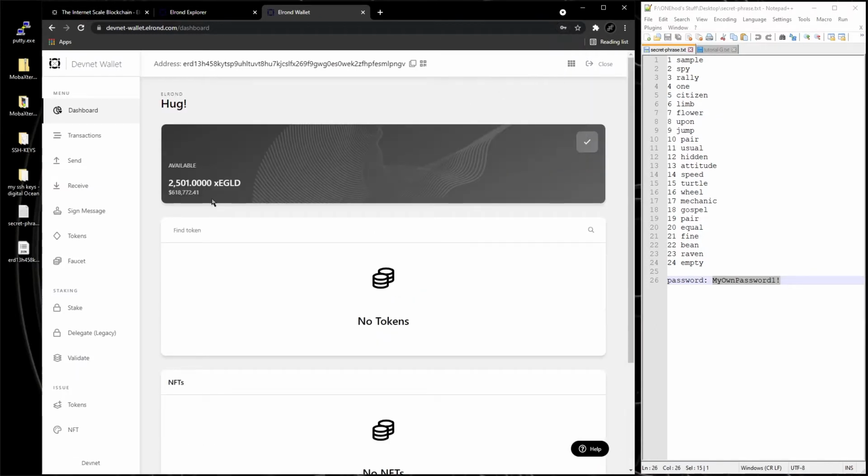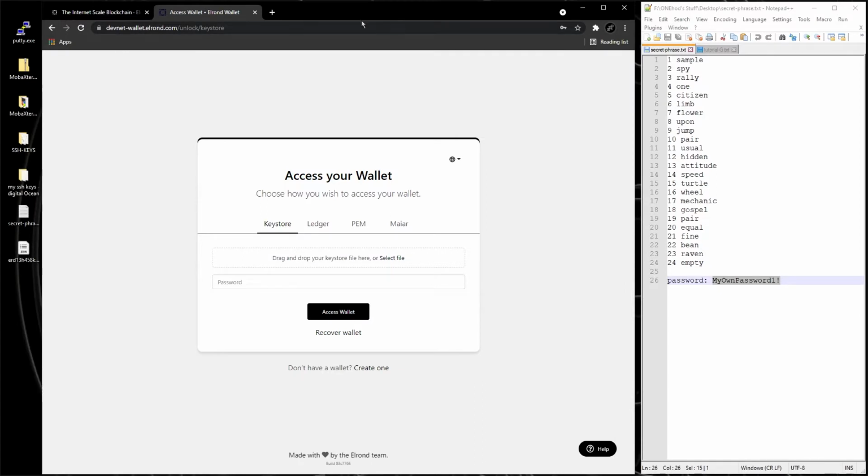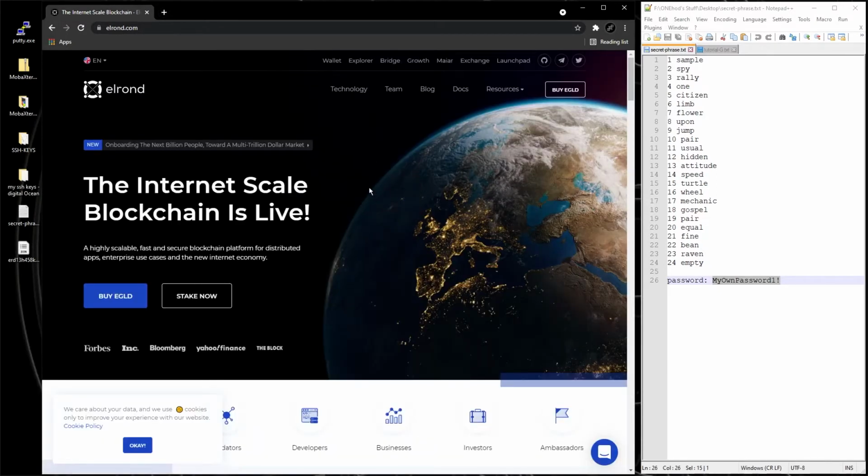Yeah, that's the wallet, and we got 2,501 XeGold. We only need 2,500 to open the node and to create the node. So the wallet is legit, it's good. Let's close these other tabs. We don't need it, so we can close the wallet now. So that's how you access the wallet. And now let's go to the docs,